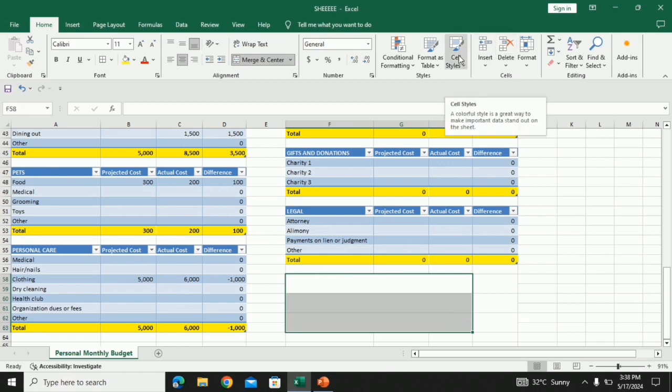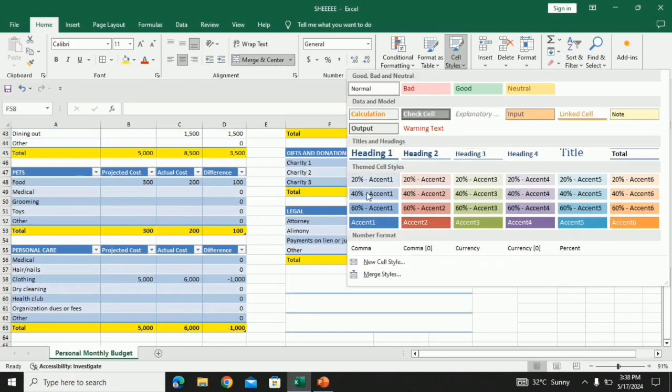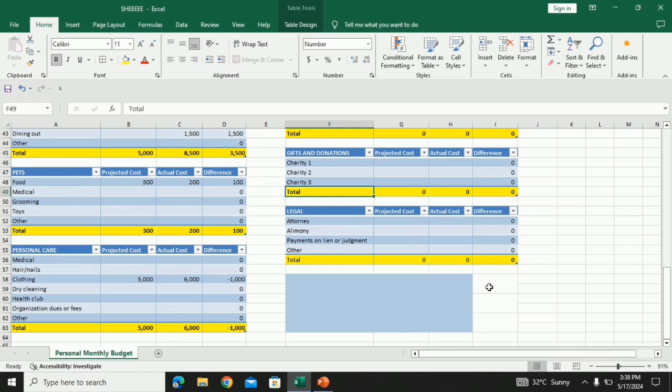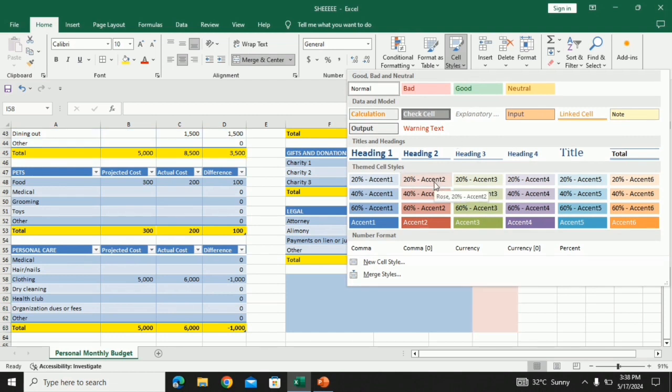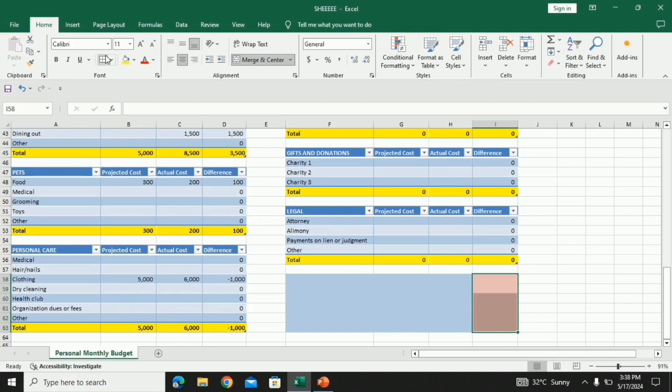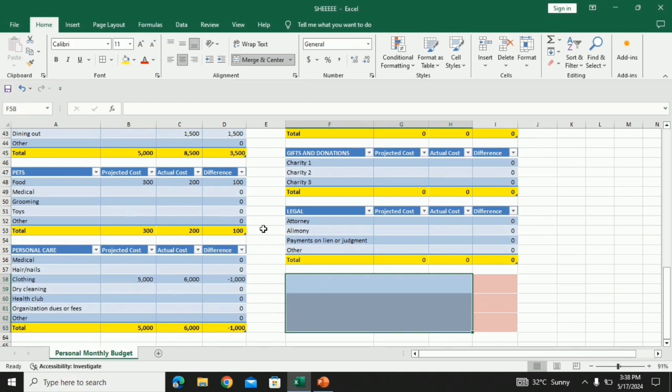After that, click cell style, choose the color you want, blue, and then here for the total amount, pink, and then click borders, all borders.